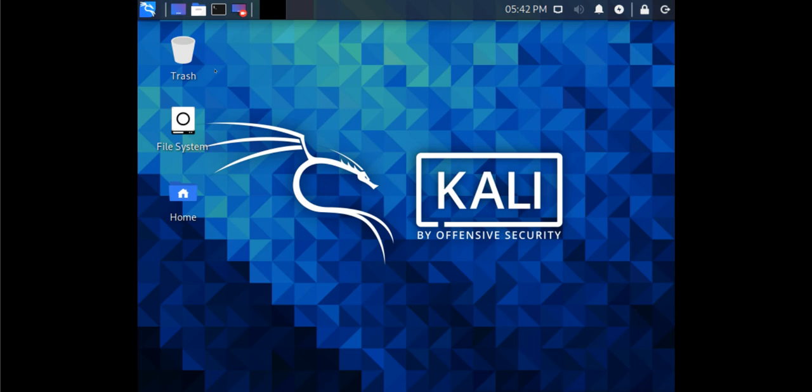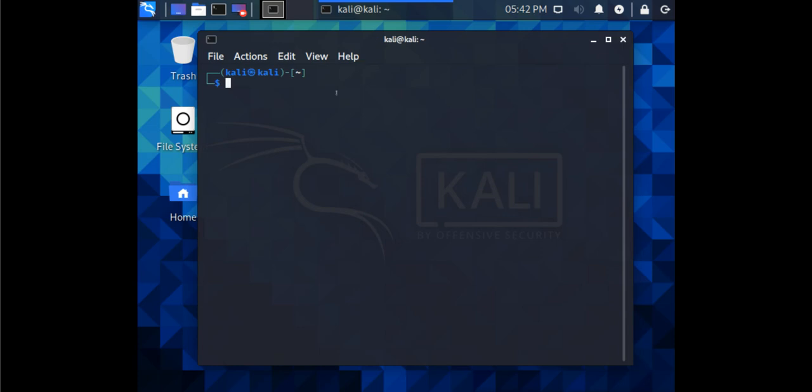And if you want to run commands, then there is a command prompt. So this is the command prompt where you can run commands to use the tools. And remember, because it is Linux, it does not have many graphical tools. All the tools are command line. So whatever tools you are going to use are mostly command line tools. In Windows, you will use graphical tools. Most of the tools which come for Windows are graphical.